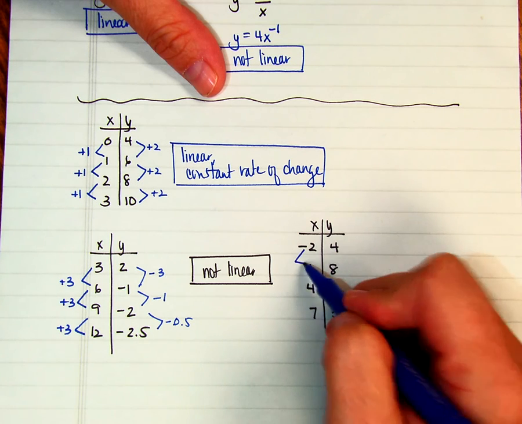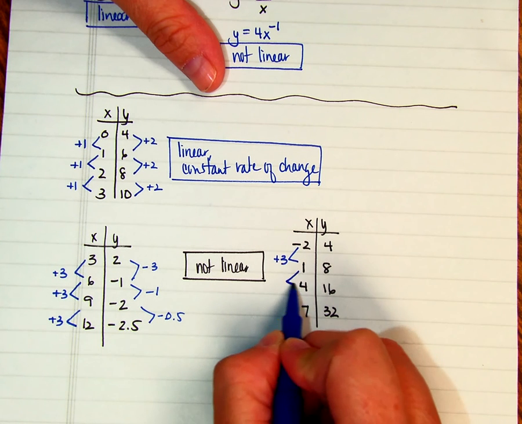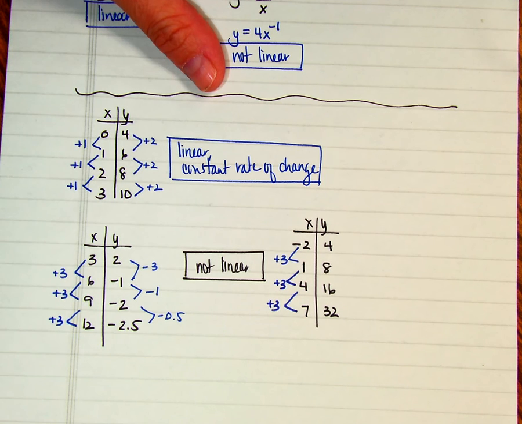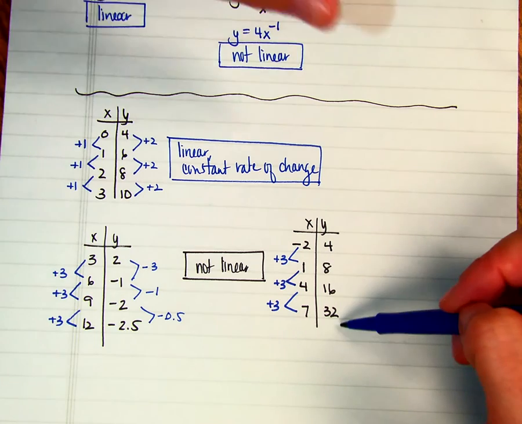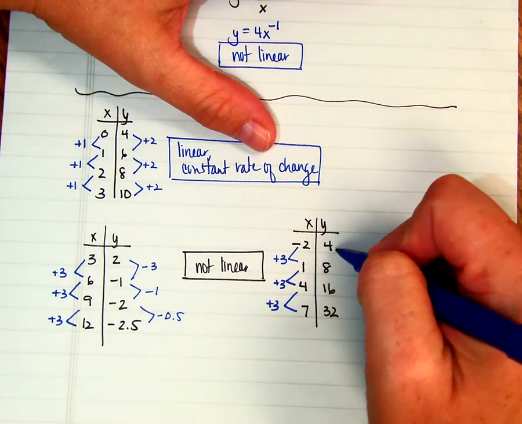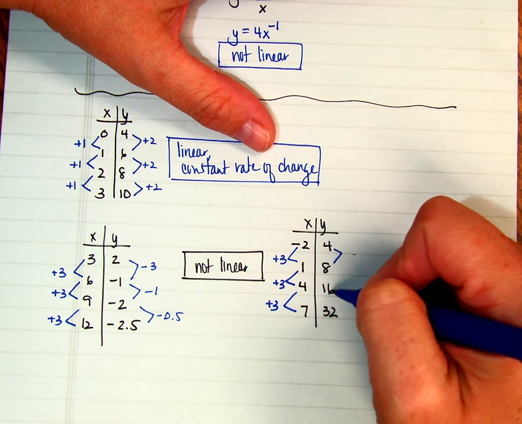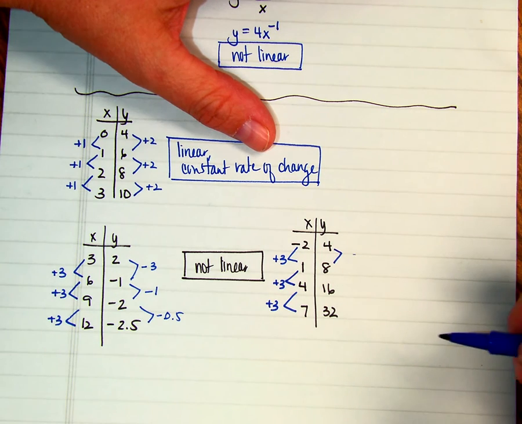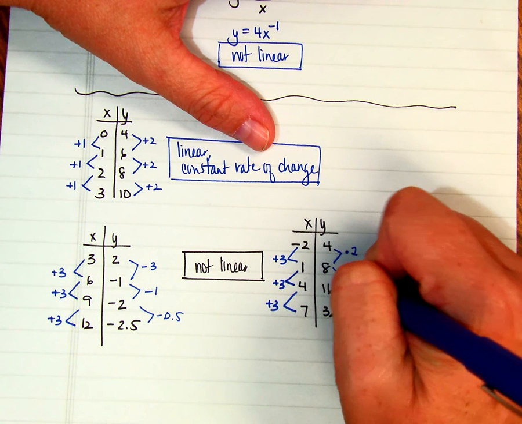So here we went up 3, added 3, and added 3. Some of you might be looking at the other side, in the y column or the output, and saying, well, it is constant. But if I add 4, that gives me this, but if I add 4 here, that does not give me 16. So adding 4 is not a constant change. But if I multiply by 2,